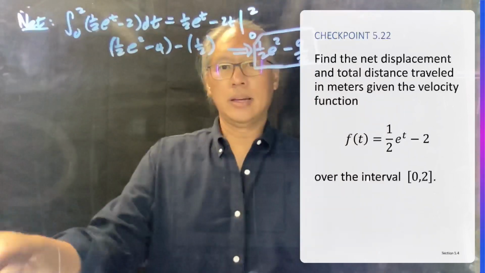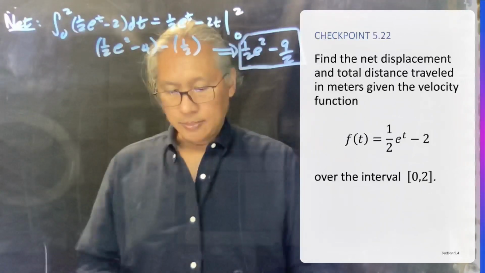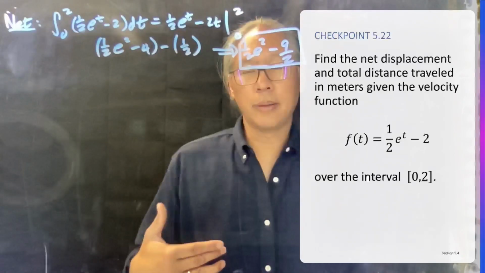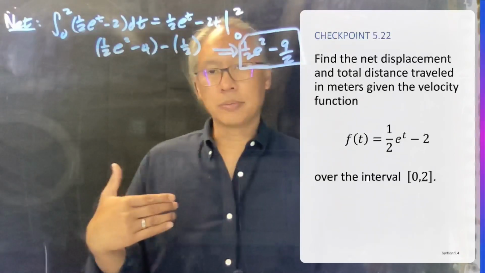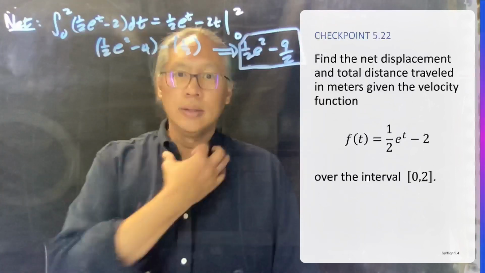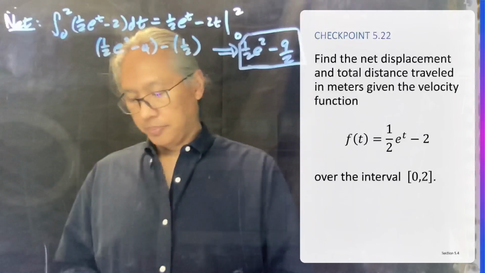So that is the net distance traveled. So this accounts for going forward and backwards. Going backwards makes it negative, going forwards makes it positive, and then this is the total. All right, now to get the total distance traveled,